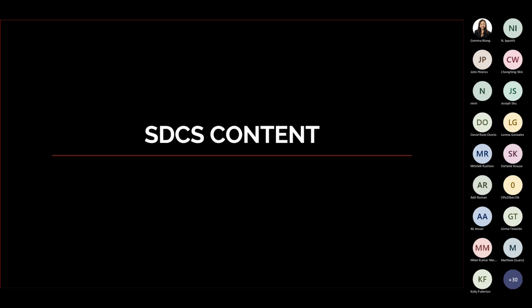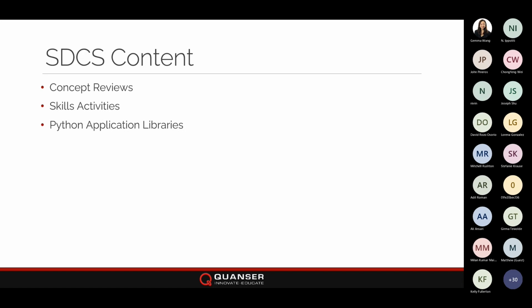So that's the summary of basically what SDCS is and has been to this point. But again, everything we've done previously was really tailored toward a research audience. And so just recently we started developing as well and releasing it slowly, more content to support some of these more education-oriented endeavors. And so for now, some of the 3 main things we've developed and we want to release and talk about now